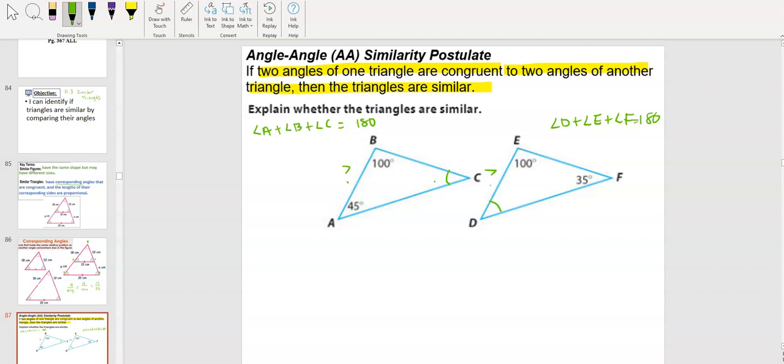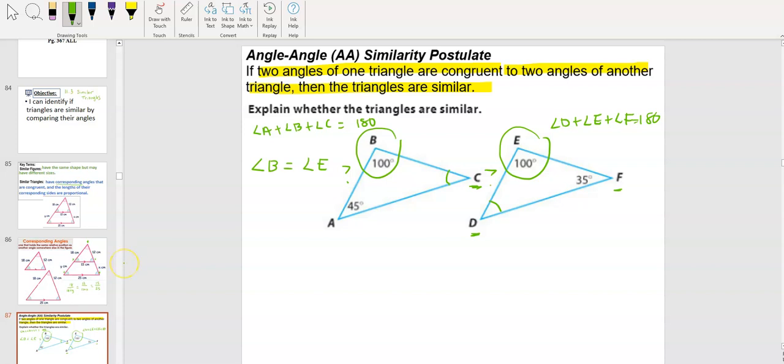Okay, so we're going to do the first triangle ABC first. I already know that angle B and angle E are congruent, so I can already say that angle B is the same as angle E. What I need to figure out is, is angle C the same as angle D, or is angle C the same as angle F? I need two angles to be the same, so I need to figure out what C is and what D is so that I can compare the other